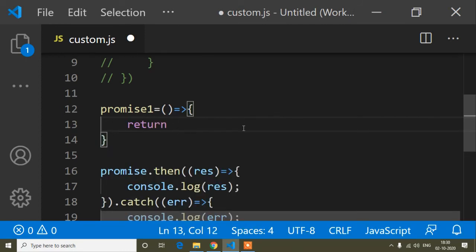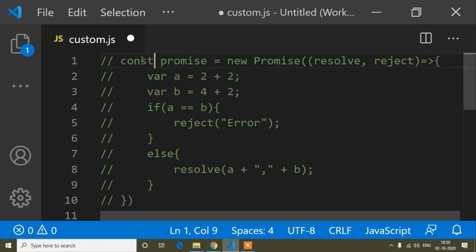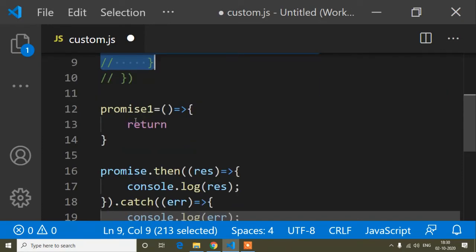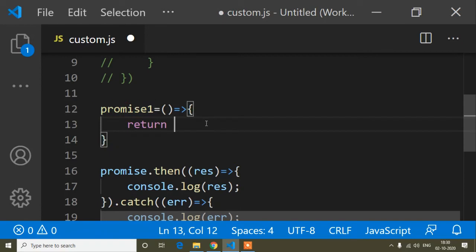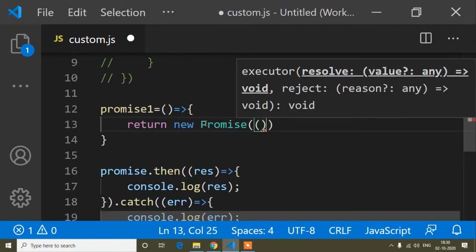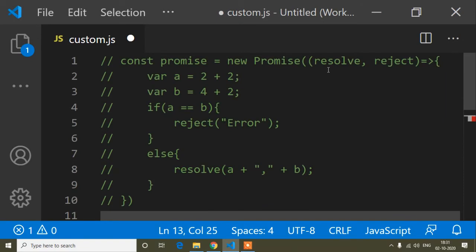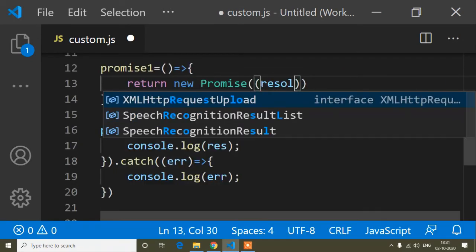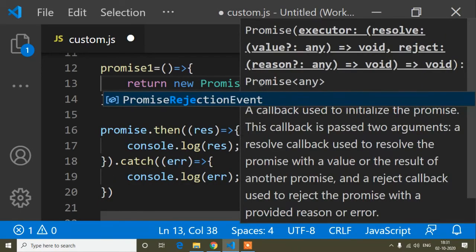So this syntax is for when we define a promise inside a function. You can define it two ways, like this way which I have shown you before, and otherwise you can write it this way, like a function, and inside this function you can write return new promise. And the same thing, you have to pass two parameters which I have passed here, resolve and reject.